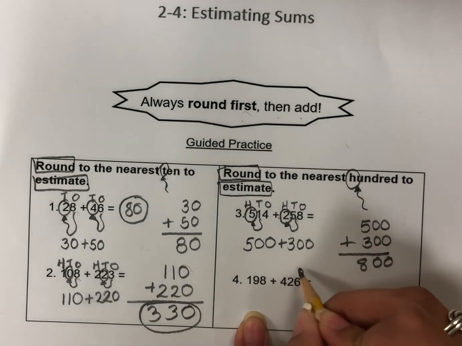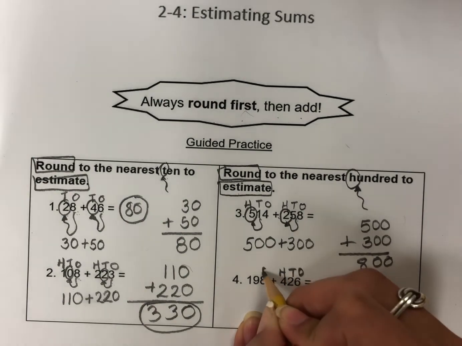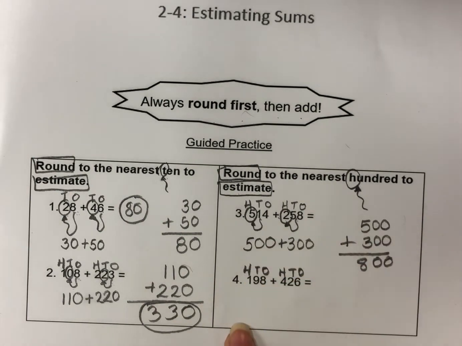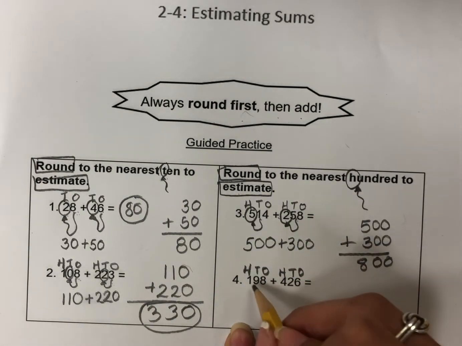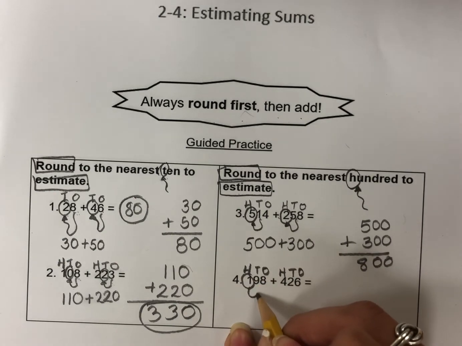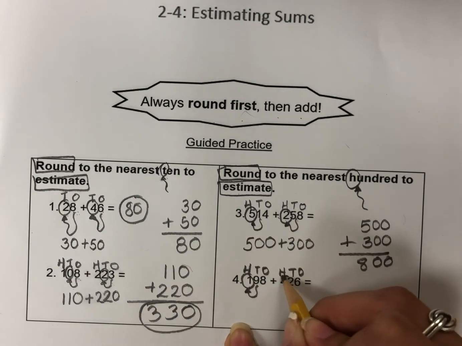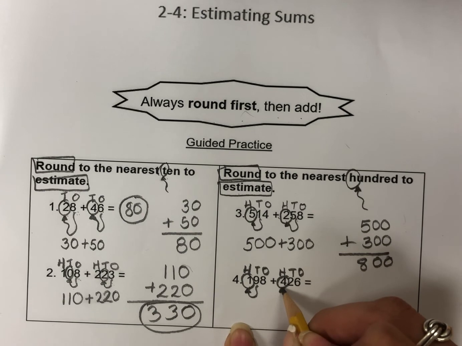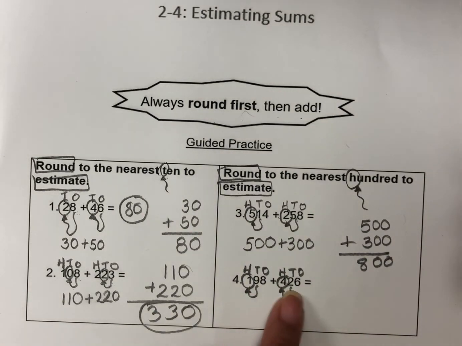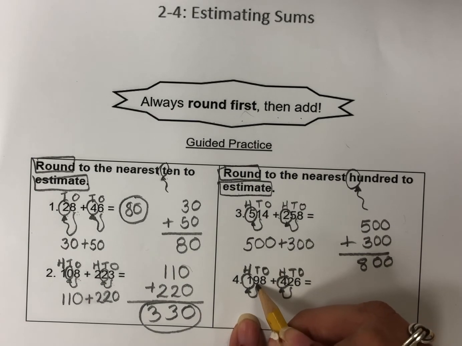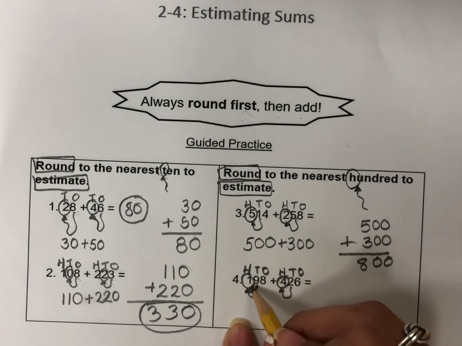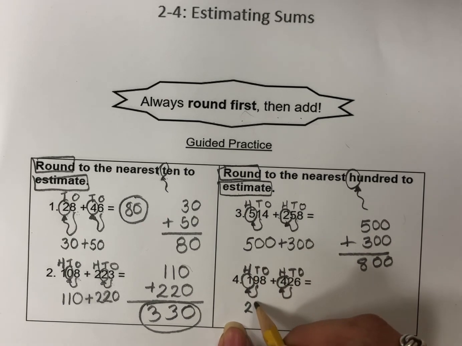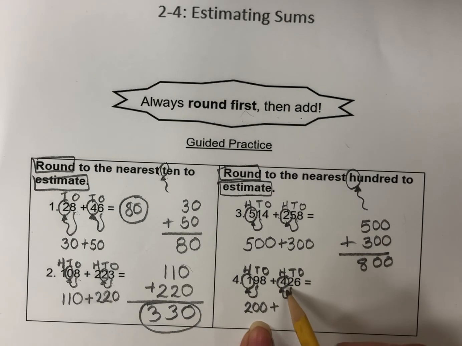Okay, let's take a look at the last one. Again, we need our place value friends. Attach your balloons and the string, rounding to the nearest hundreds place, so the digit in the hundreds place goes inside the balloon, and the digit to the right is at the string. If the digit at the string, which happens to be 9, is 5 or greater than 5, the balloon's going to go up. So 1 is going to go up to 2. Everything after the balloon becomes 0. So 200 plus, on to the next one,